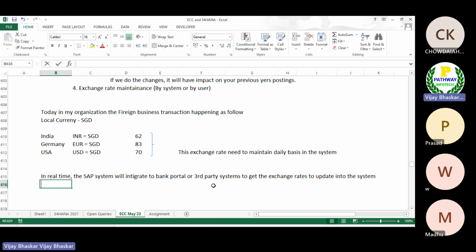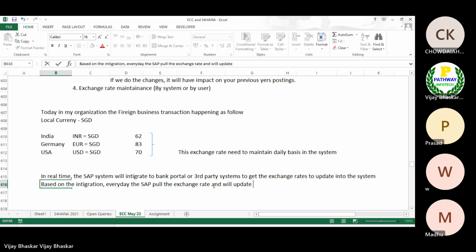Based on the integration, every day the SAP pulls the exchange rate and will update it automatically